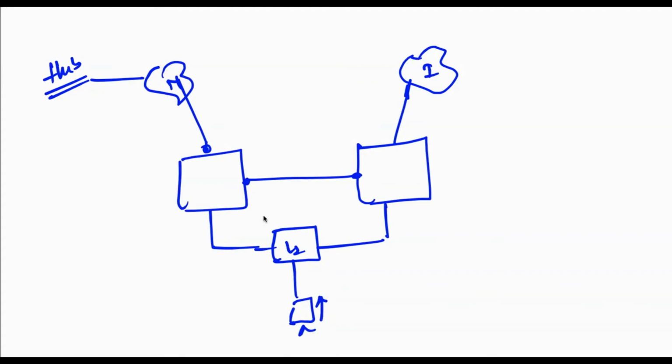Because of VRRP, we are running a virtual IP address. So this device is the active device, let's say this is my master, and this is my standby related to VRRP. Because of this, the switch will try to forward the traffic to the master device. Now the master will try to verify what the destination IP address is. The destination IP address is Google's IP address. Now how do I reach the Google IP address?